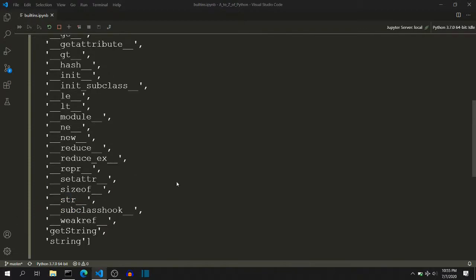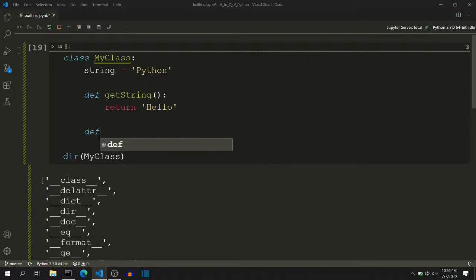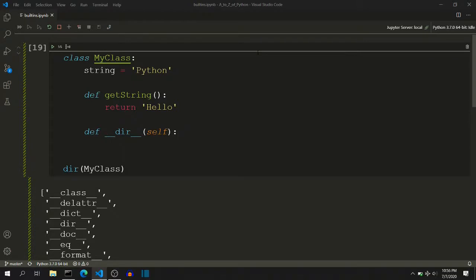So what if you want to control what names are returned by the dir function when you pass an object of your custom class? For that, you have to override the dunder dir function and return a list of strings that you want to return via the dir method. So I will initialize it over here, dunder dir, as it is an object method. I will pass the self keyword and return a list of two strings, that is string and get string.